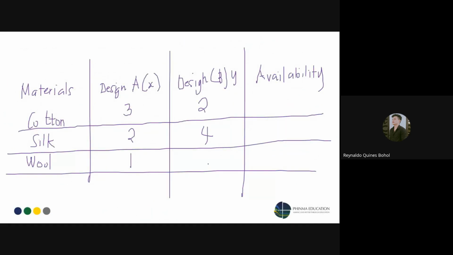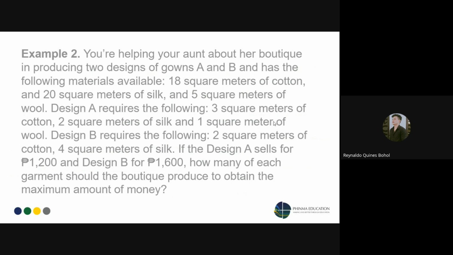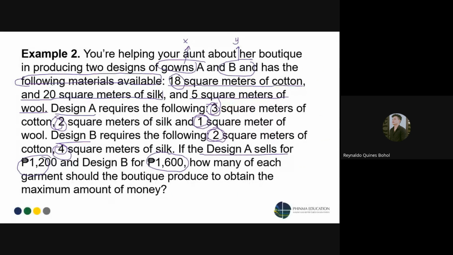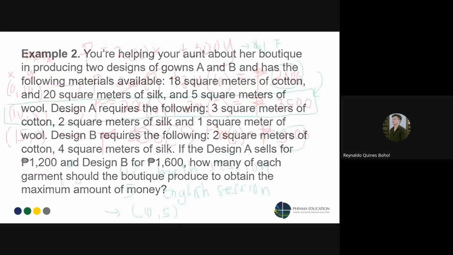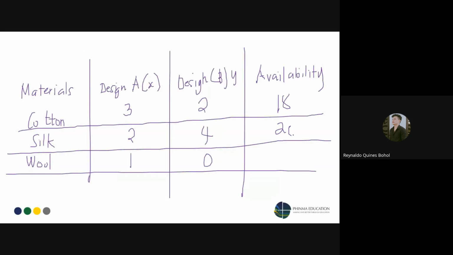So, 2, 4, 0. Yung availability nila is yung 18, 20, and 5. Since maximize ang hinahanap, P yan, sa design A daw is 1,